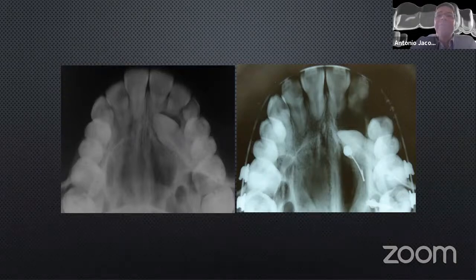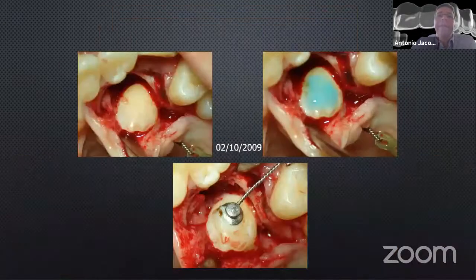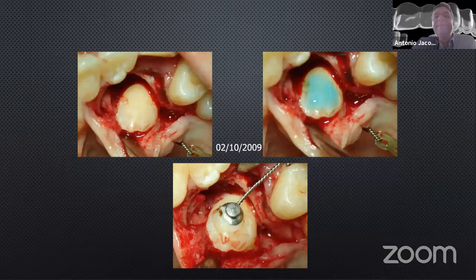And this is the time that we need to do the second surgery to bond this eyelet or this button, a small bracket, a small button on the buccal side of the tooth,